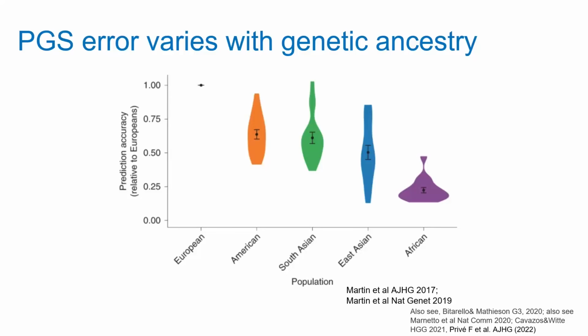Right? And now to unpack why I put the quote marks, it's unclear what American means here. Are these folks that are coming from the US? Are these folks that self-identify as American? There's a lot of admixture happening in various different forms. And note that there are huge error bars there. For some American individuals, it might be 0.9 the accuracy of Europeans. For some American individuals, it might be 0.5 accuracy. So we try to unpack this spread of performance with the idea that maybe admixture is driving a lot of the signal.